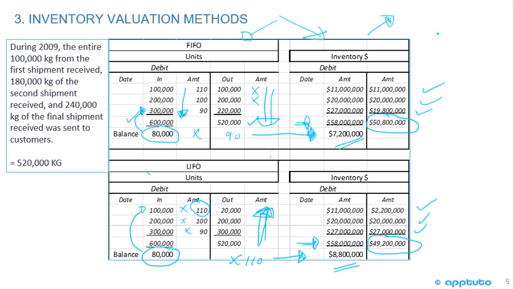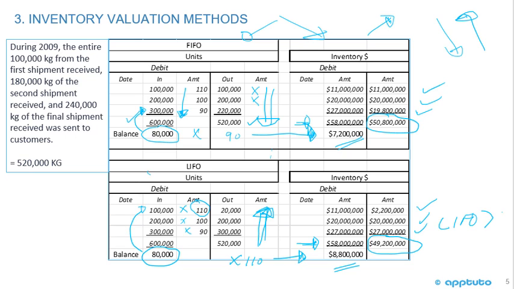So as I said, this example is nice because prices were decreasing. You have to look at when prices are increasing. If prices are increasing, it's going to be the exact opposite. The LIFO cost of goods sold is going to be more than the FIFO, and therefore the inventory balance will be lower. Okay, so that's a quick example that sometimes takes a little bit of practice